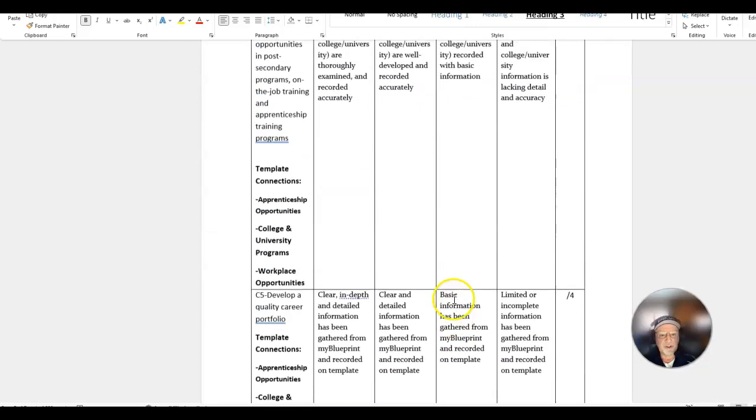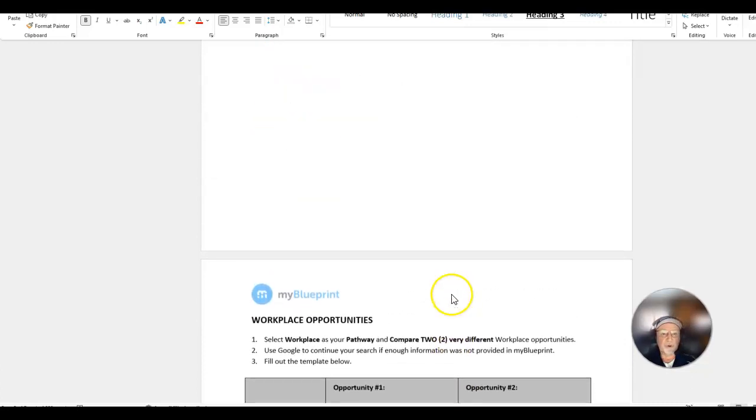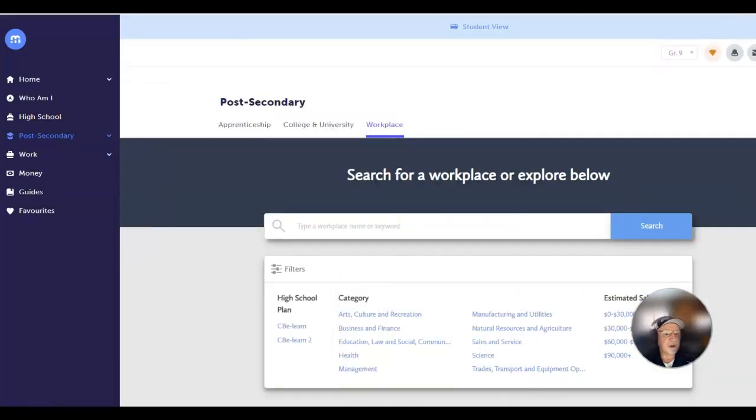And that's the template you use, and that's basically what you need to do, is work through the pathways, career pathways, in my blueprint here. And again, remember you need to go into the post-secondary in order to access these three pathways. Okay, if you have any issues, questions, or concerns, please feel free to let me know,